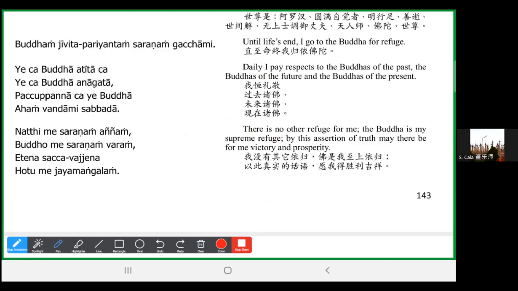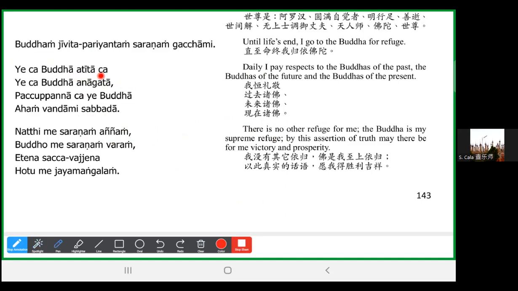Okay. Now here, even though it's actually looking like an object here, the way it is, it's more like a subject. Anyway, so ye cha. Ye cha means you're talking about any Buddha, right? Any Buddha. So here is not one Buddha, it's many Buddhas. What is atita? Atita means past. So here you learn a lot of time. Okay, you have the time, atita, anagata, right? So atita means in the past.